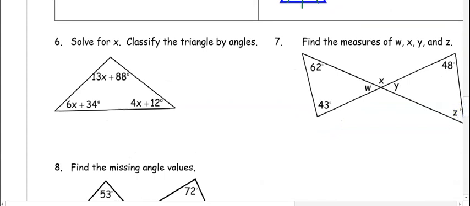So number 6, we want to solve for x and classify the triangle by its sides. So we can add these angles to equal 180. So 13x plus 88 plus 4x plus 12 plus 6x plus 34 equals 180. So when we combine like terms,